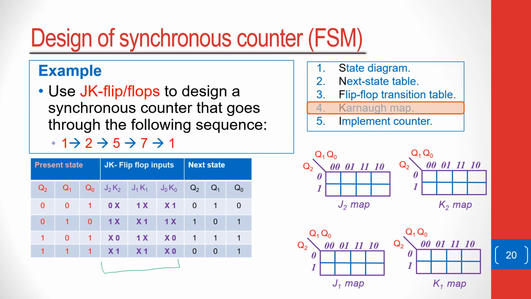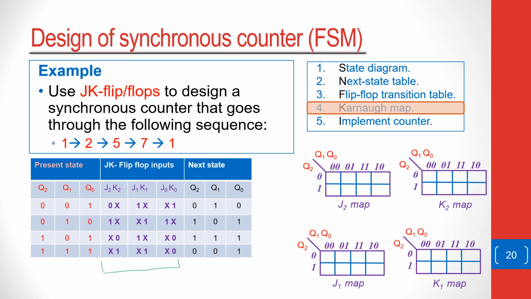In this case, we have 2 inputs for each flip-flop. So we have J2, K2, J1, K1, J0, K0. So we have 6 inputs, which means we need 6 of these K-maps. In this case, I've shown only 4 of them